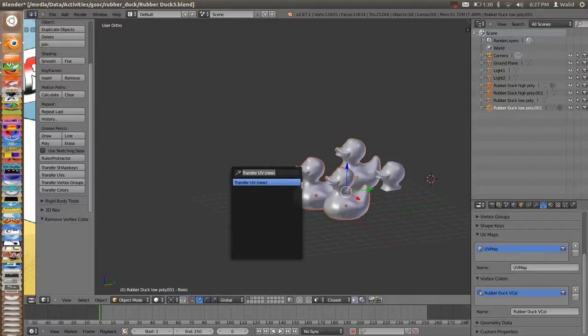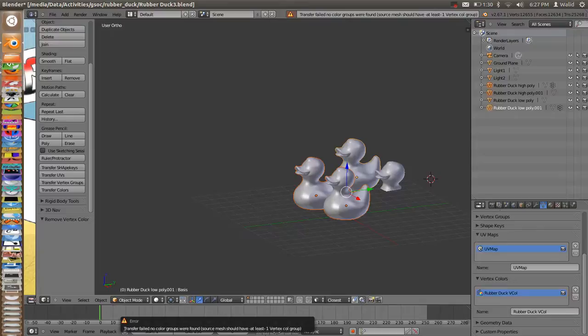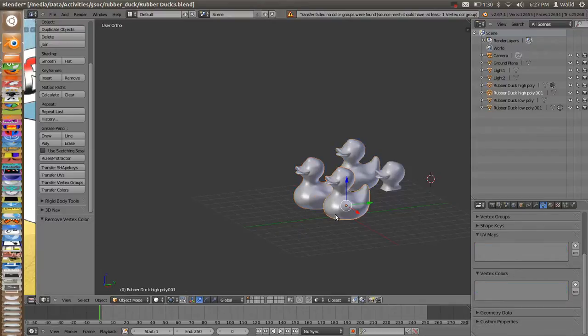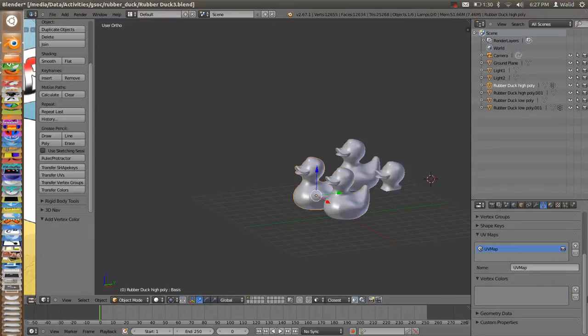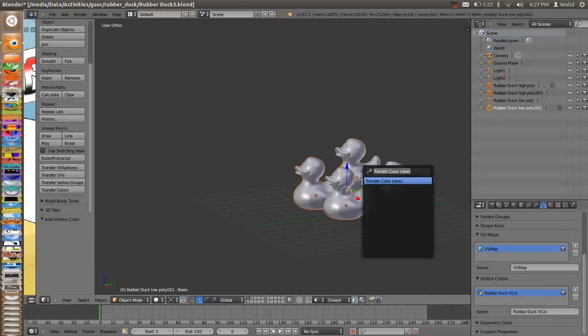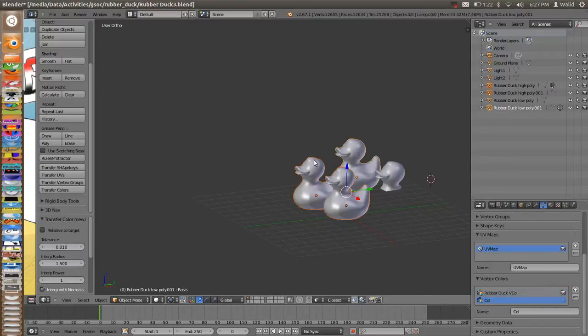That may not work the first time. Let's see here. Colors, transfer colors, and it's giving me an error because these ones don't have any vertex colors, and I'm making it by default look at the source. So add, okay, transfer color new, and currently